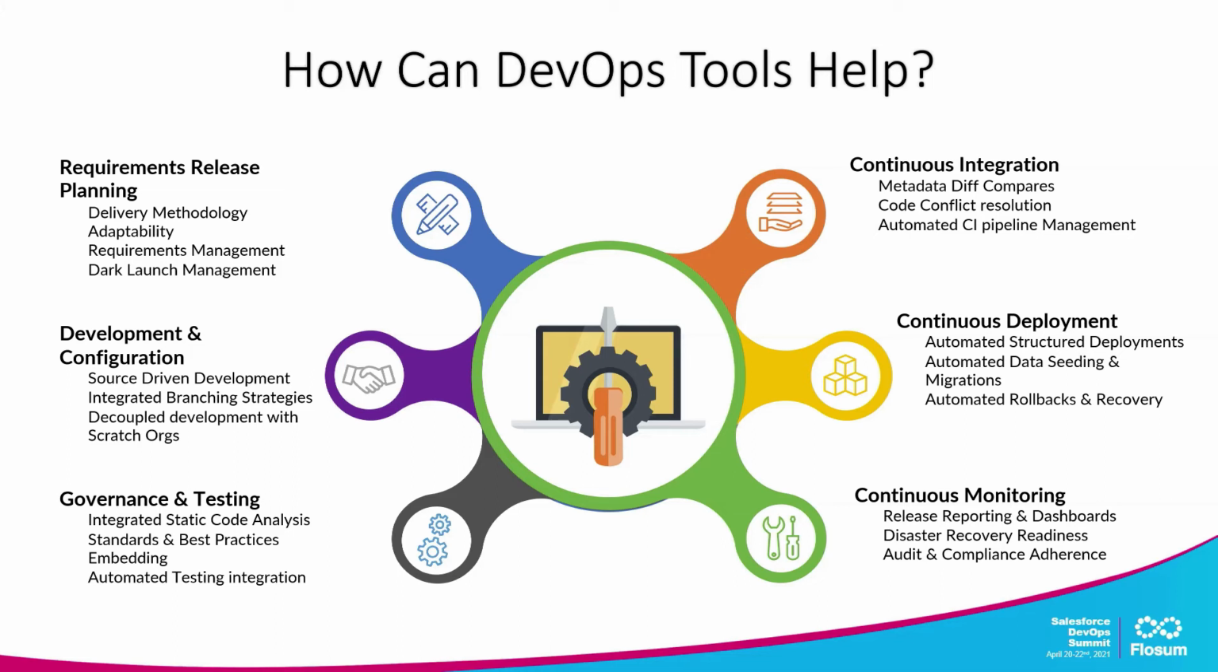Governance and testing: there should be integrated static code analysis models and any best practices that you're embedding, so that it can do code scans, code runs, and run your best practices embedded in the tool. Automated testing integration, so that if you wanted to connect Selenium and others. From a continuous integration perspective on the right side, how do you integrate, resolve code conflicts, and the CI pipeline. And from a deployment perspective, we're talking about structured deployment, automated data seeding and